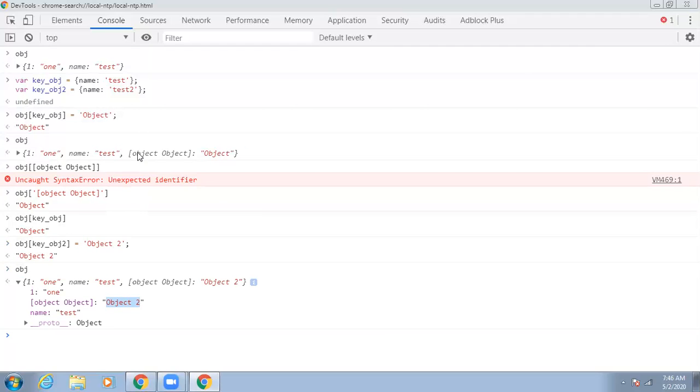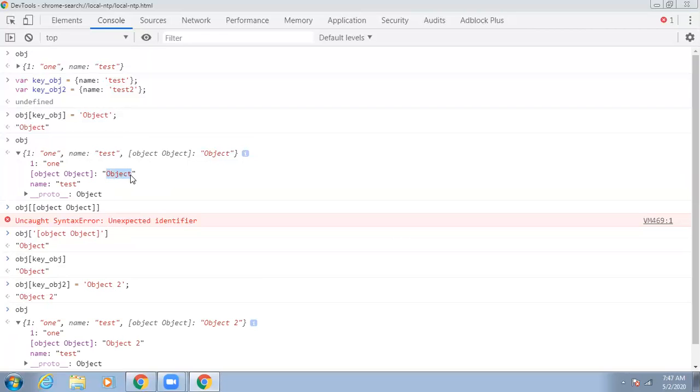Earlier we had object, and now it is object 2. It is overriding your object. You expect another property to be added to this object, but what it has done is overwrite the previous one. This is how JavaScript works with objects.